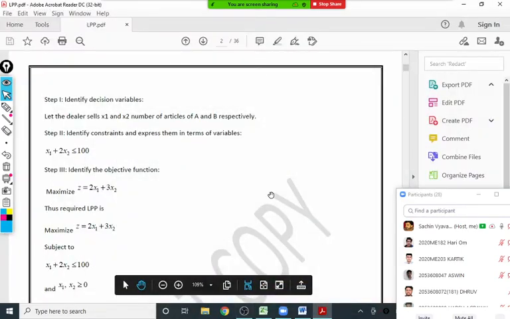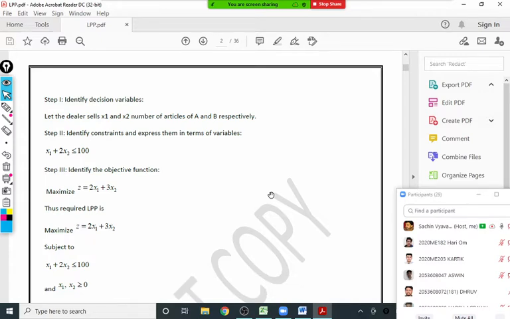Okay, so today we are going to see the second method, or second article, I will say, from the LPP, and that is the first method to solve LPP, the graphical method to solve the LPP. Generally, in the last 3-4 years, a 2 mark question is coming on the graphical method in every question paper. The question will be very straightforward: solve the following LPP by graphical method.